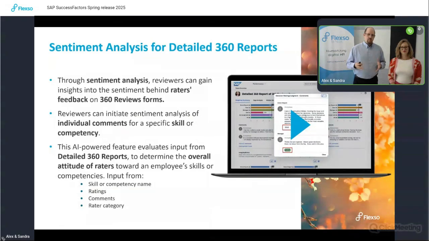Basically, in the 360, you get feedback from different sources, right? And if people are writing their comments, depending on how it's worded, it can be positive feedback, negative feedback, or mixed feedback. To make it easier for the user to see what is behind the latest feedback, what they mean, sentiment analysis is giving a tag regarding